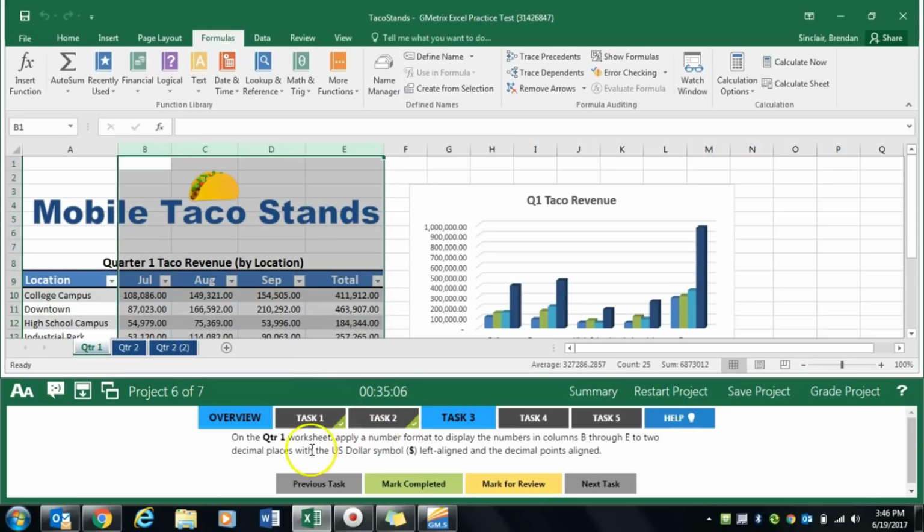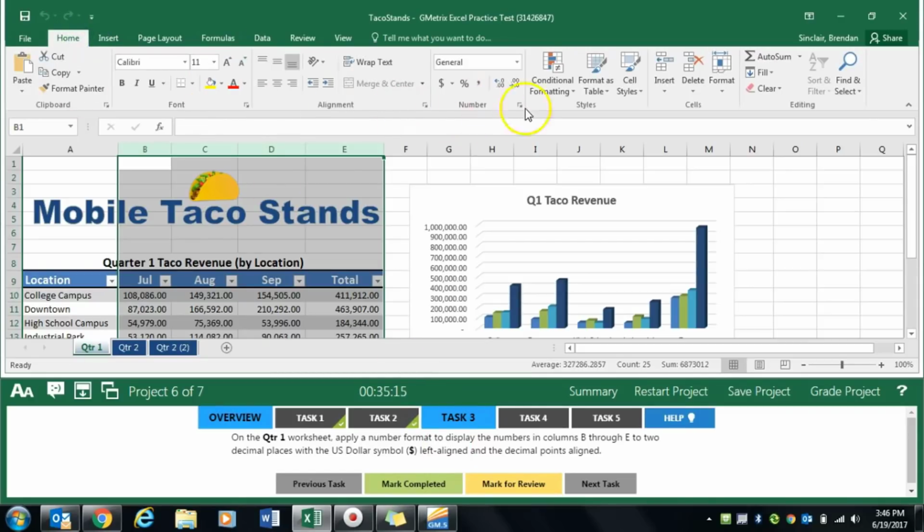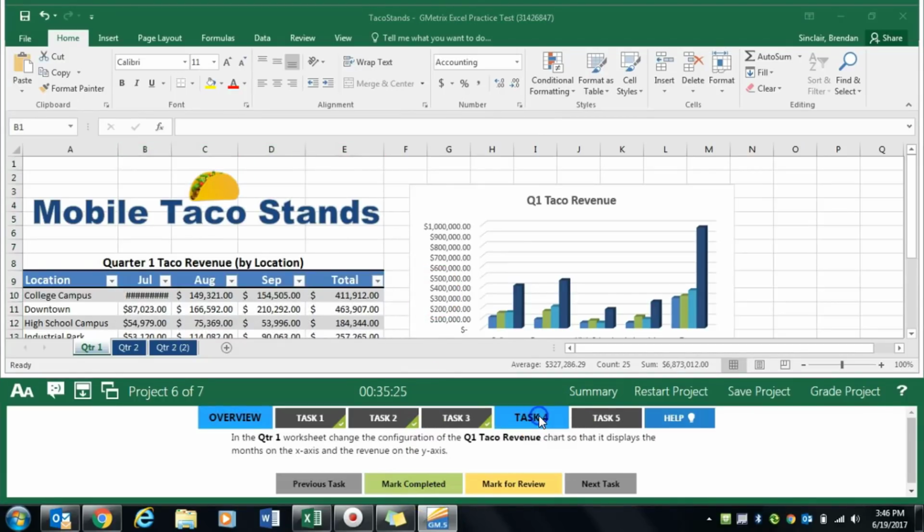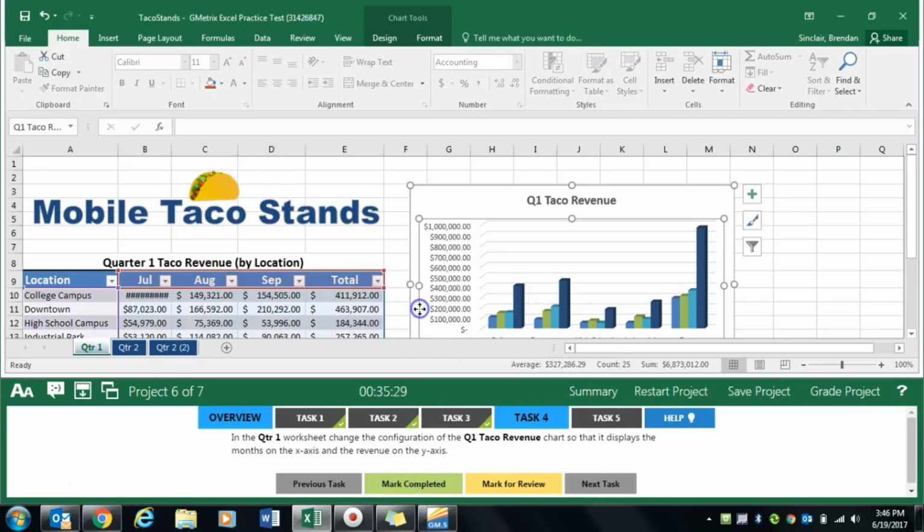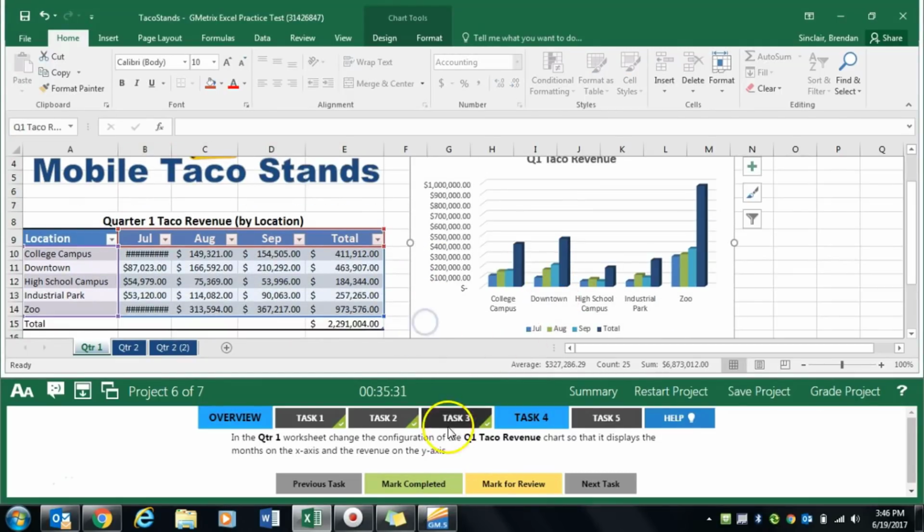And what we're going to do is select a formatting here, the US dollar symbols, left align, decimal points align. So we're going to go ahead and click the Home tab, and under this numbers, we want to click the down arrow here and click the $ English United States. And we went ahead and it did it all for us right there. We'll click Mark Completed. Task 4 asks us to go to the chart here, and it wants us to change